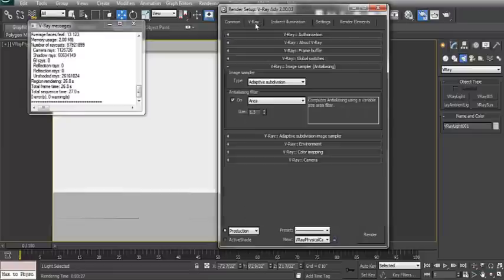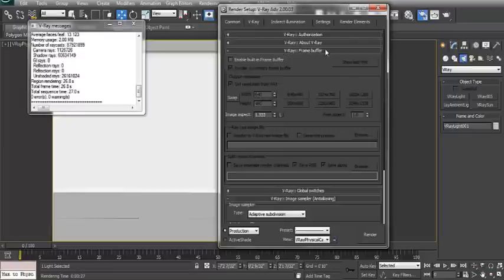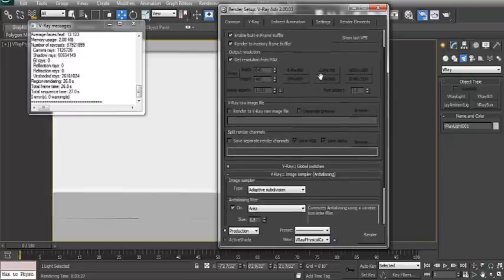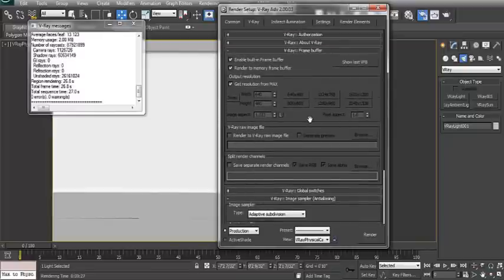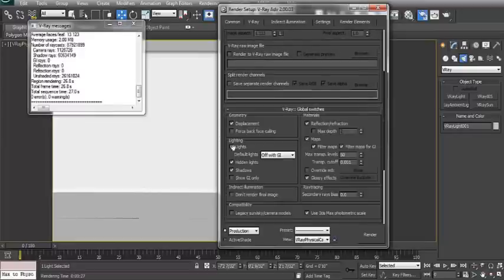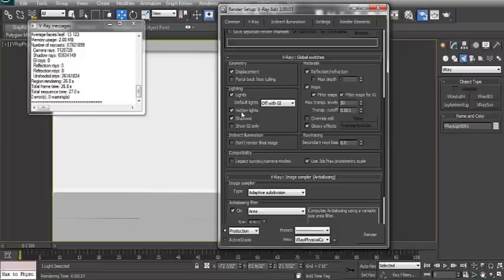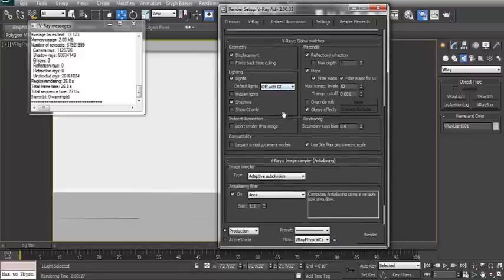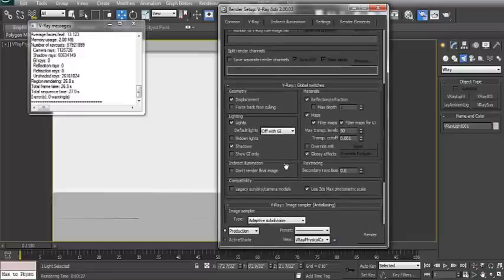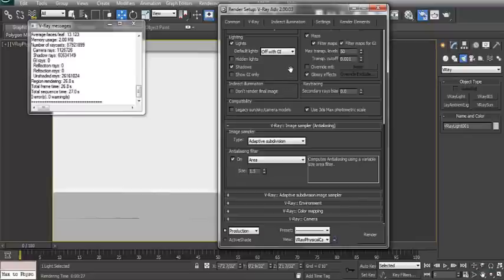And in the Vray panel, we're going to use the Vray frame buffer, the Vray built-in frame buffer. This works very well with Vray, that's why we're going to create it. In the global switches, we're going to turn off the hidden lights, and default lights will be off with GI so that we can calculate the GI. And after all this,